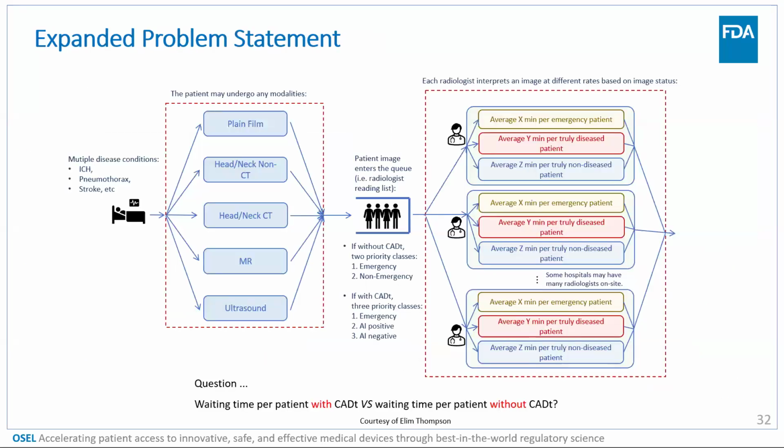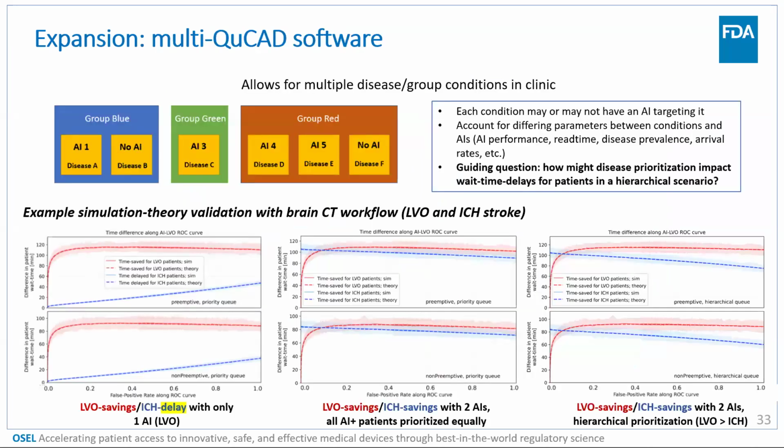So that was for one condition in clinic, but we could look at an expanded problem statement where a patient may undergo a number of modalities, CT, MRI, ultrasound in the same visit. And also you may have AI targeting multiple disease conditions. So in reality, in clinics, these queues are going to be a lot more complicated than just one AI targeting one disease. And so another part of my